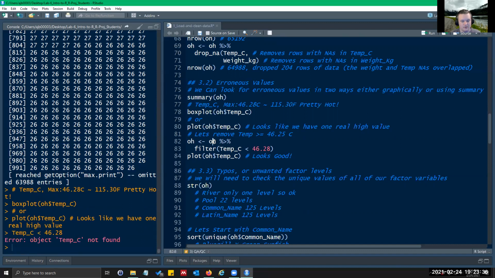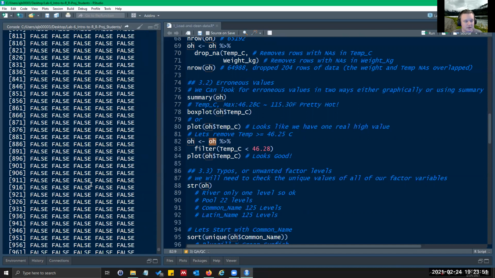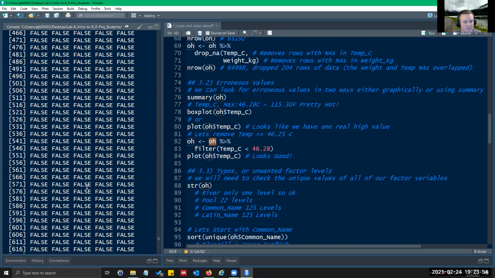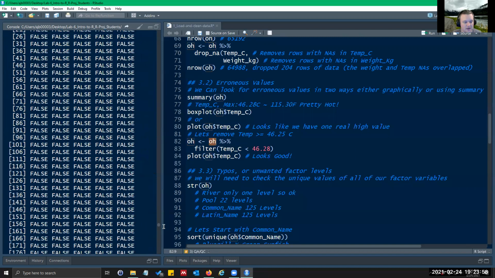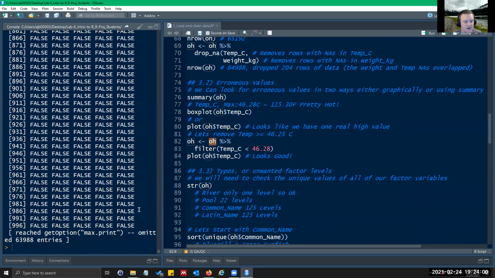So if I do Ohio $temp greater than 46.28, I get a bunch of falses, and there's a very small amount of trues in here. But you can see they're mostly false.